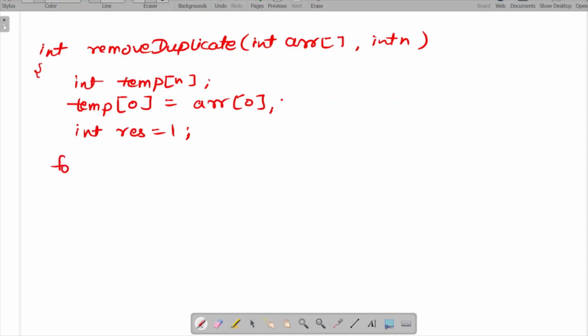So let's run our loop from i equals 1 to i less than n, until the end of the array.